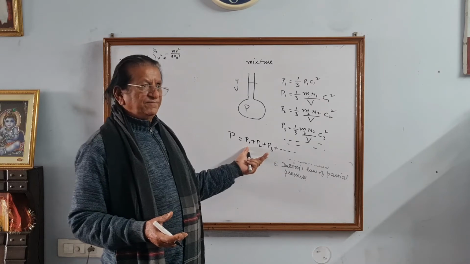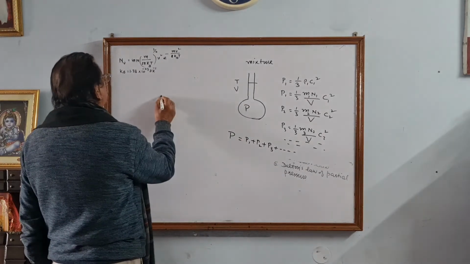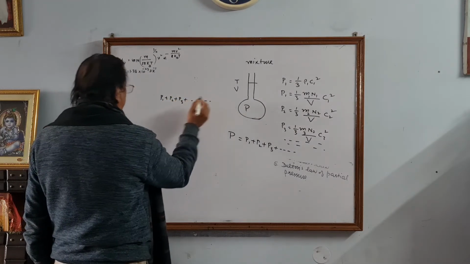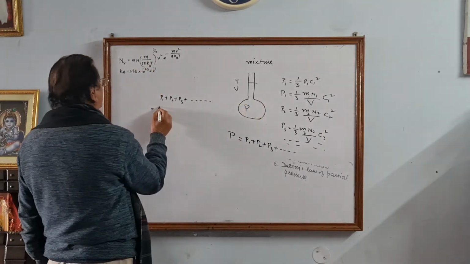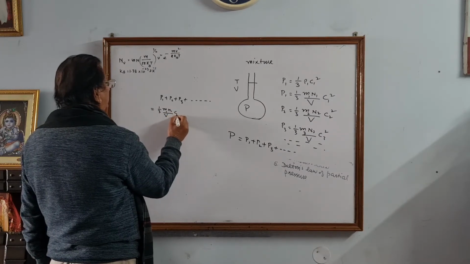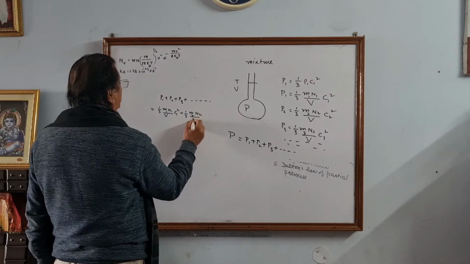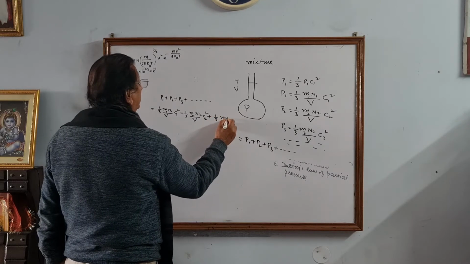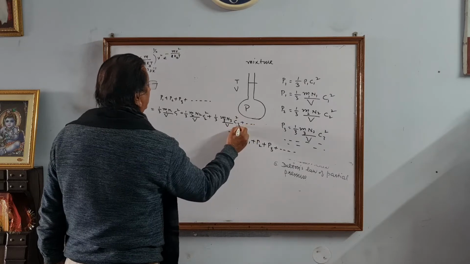देयर पार्शियल प्रेशर। ओके, तो मान लीजिए हम पार्शियल प्रेशर ले रहे हैं, पार्शियल प्रेशर P1 प्लस P2 प्लस P3 डैश डैश डैश, इनकी वैल्यू डाल रहे हैं, इनकी वैल्यू डाल रहे हैं, 1/3 m1 n1 c1 square by V plus 1/3 m2 n2 c2 square by V plus 1/3 m3 n3 c3 square by V and so on।